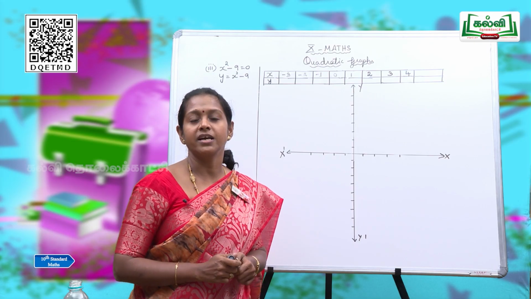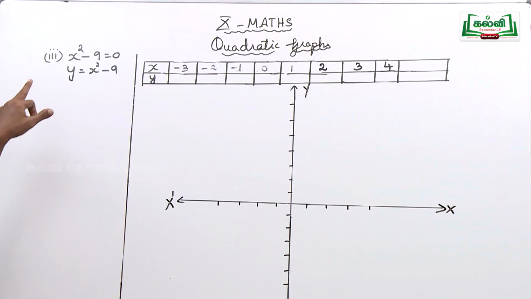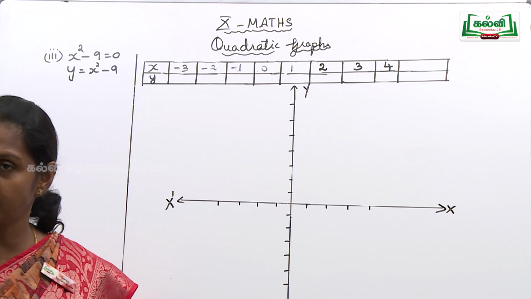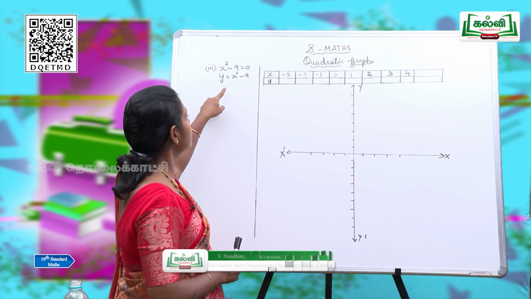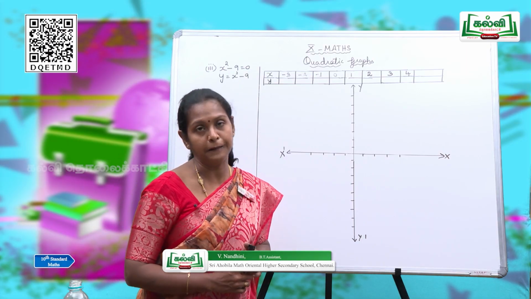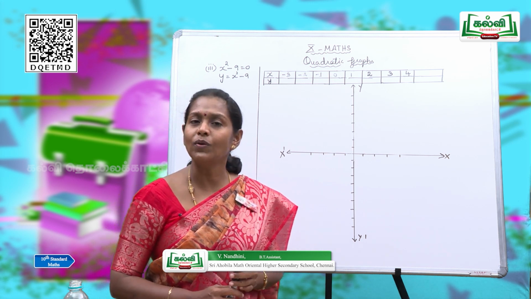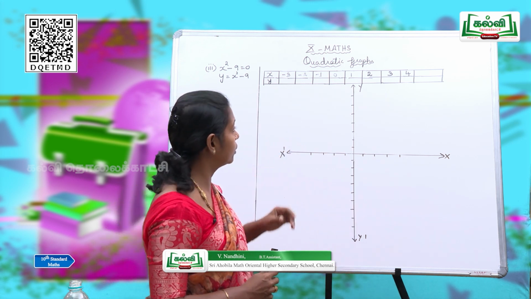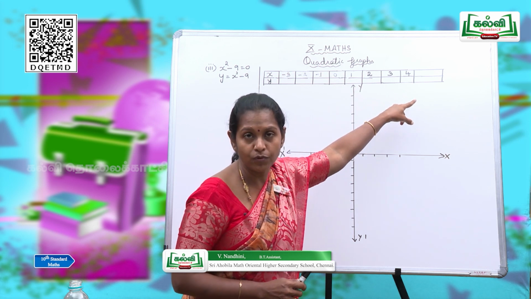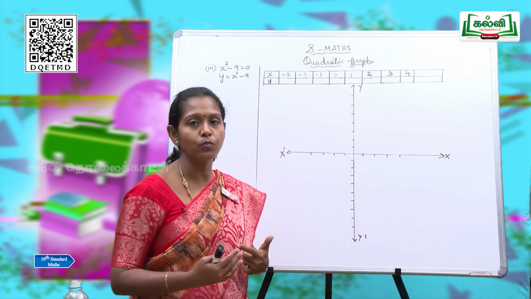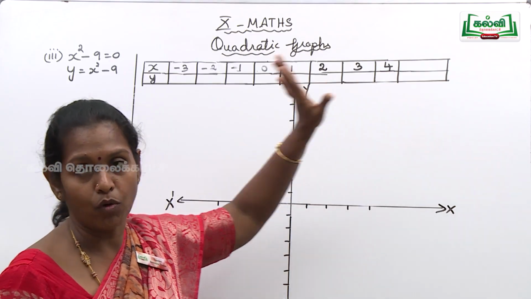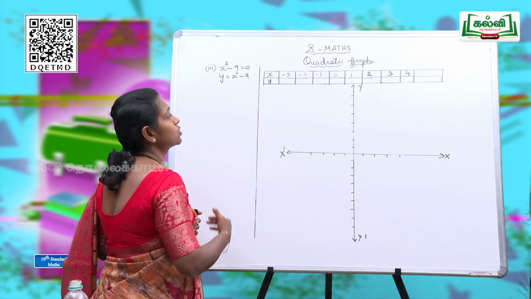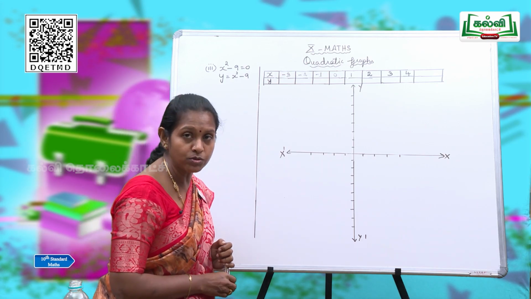So as I said in the earlier classes, you have to take the given equation x squared minus 9 as y. So y is equal to what? x squared minus 9. As usual, what values will we take for x? Good. Minus 3 to plus 4. If we need, we will add more points. There is an empty box, right? So, as usual, we have to apply all those x values in y.